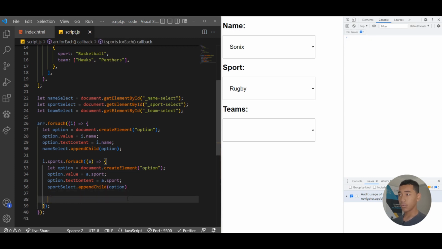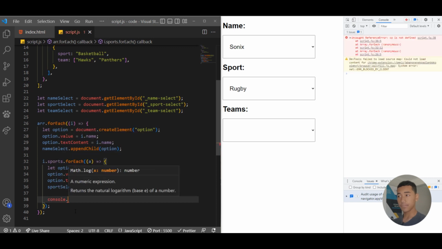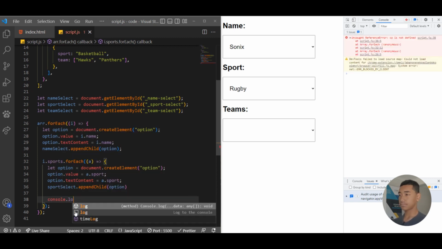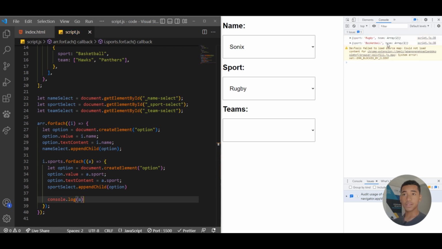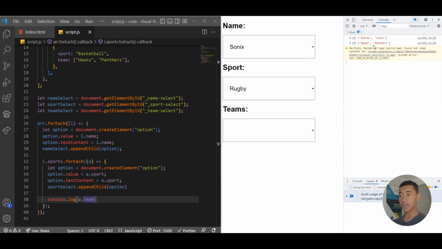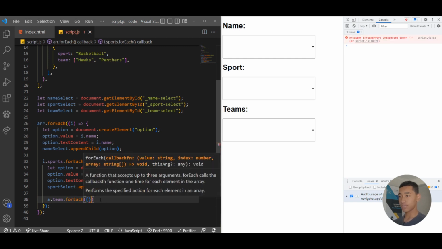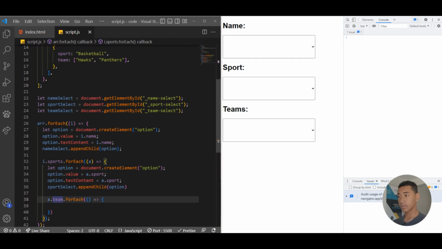So again, we want to go inside this forEach because it's a nested array. And if we console log A again, it gives us the property name of team, and we want to access the array's values. So just like before, we call a property name using dot and then the property name, and that gives us the array that we want. And we want to access each of those items individually. So we do that by a.team, and then again, forEach. And we'll put the letter B,